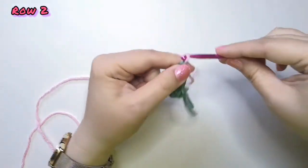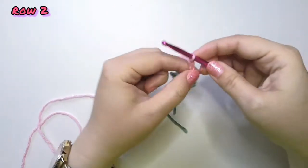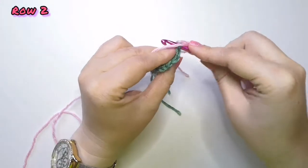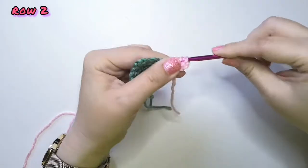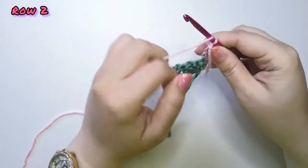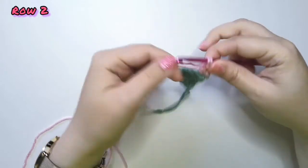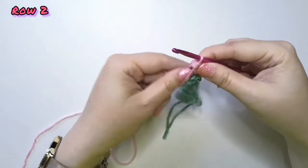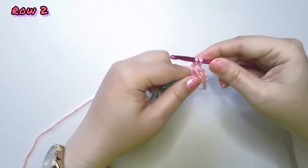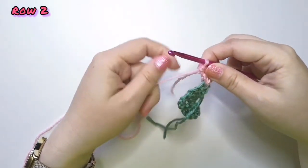and chain 3. 1, 2, 3. 3 double crochet into the same stitch, 1, 2 and 3, chain 1,